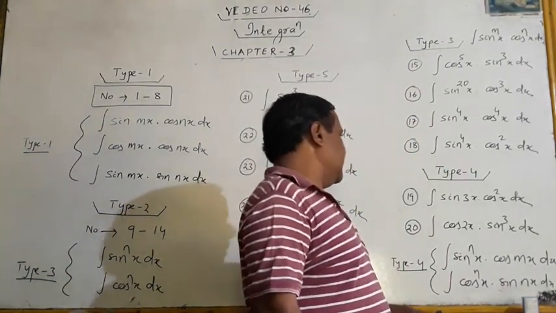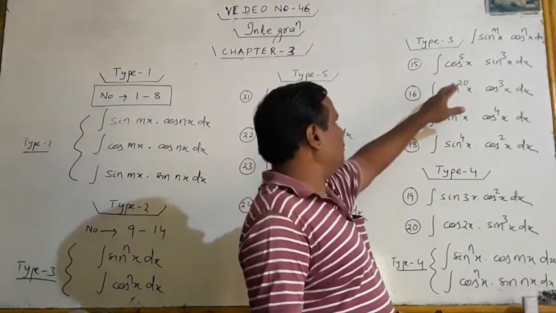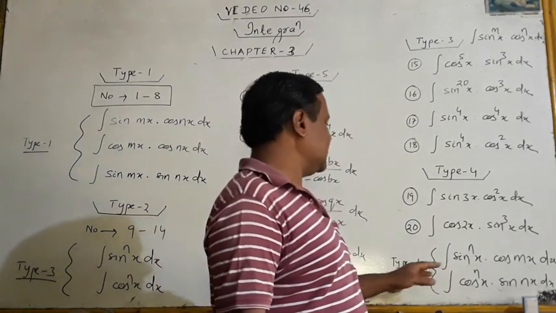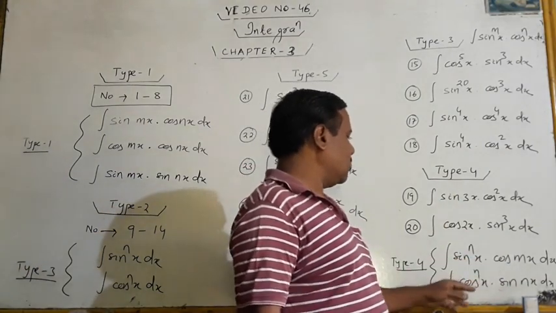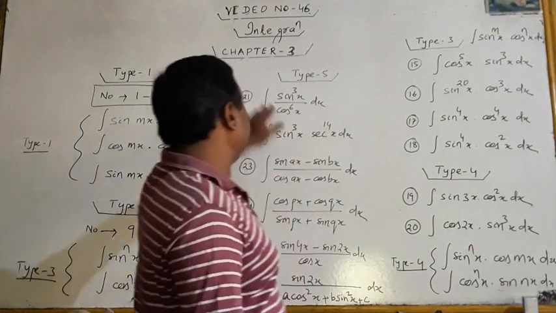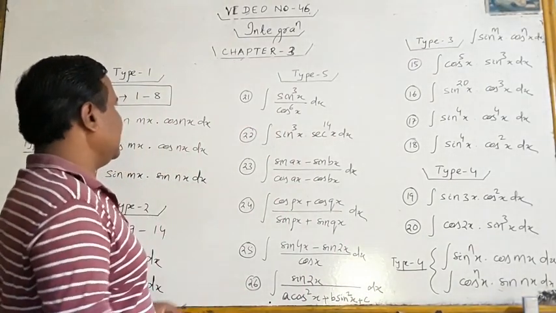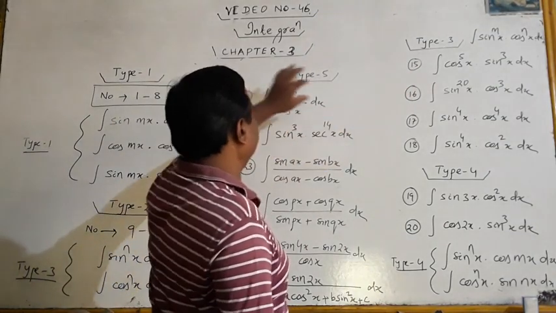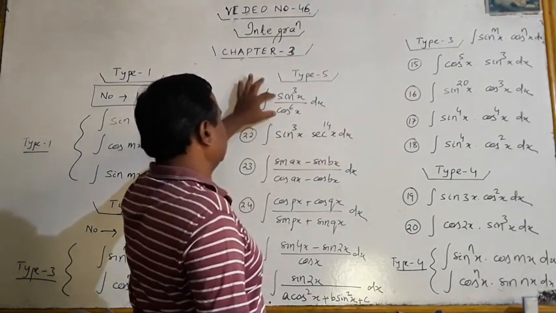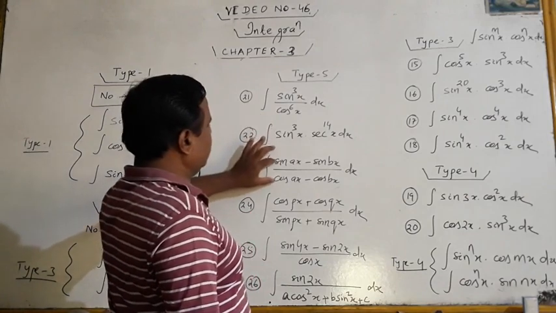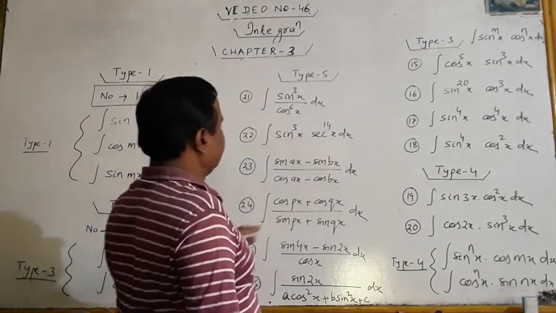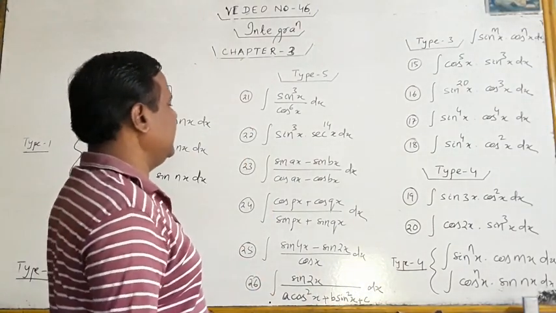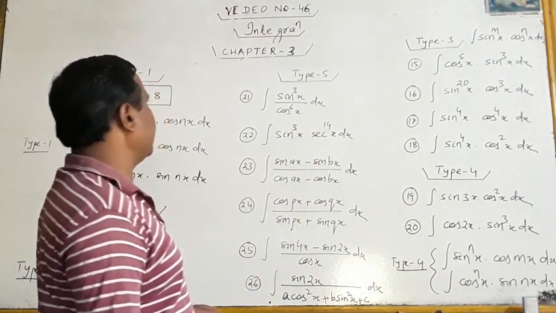Now here, when both are raised to power, here one is angle, one is power. That is sin power n, cos power n, or cos power n, sin power n. And these are different types. And here this is the division of power, that is multiplication of power. Here division of power, sin and cos. Here division of angle, sin ax, sin bx, cos ax, cos bx, all this. Today I will discuss about type 3, type 4, type 5. Okay?